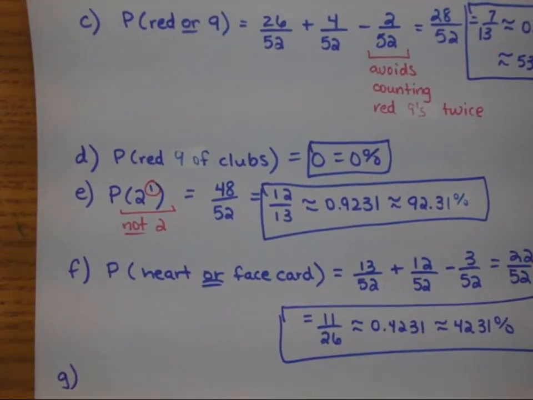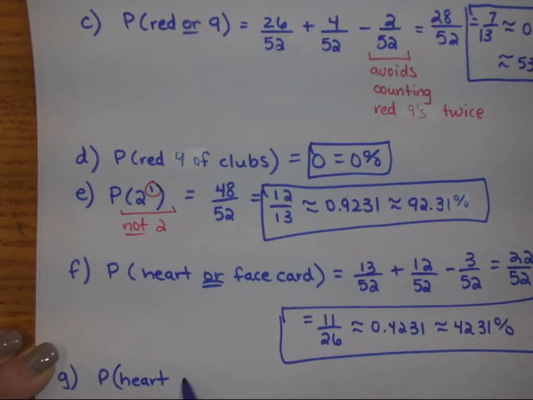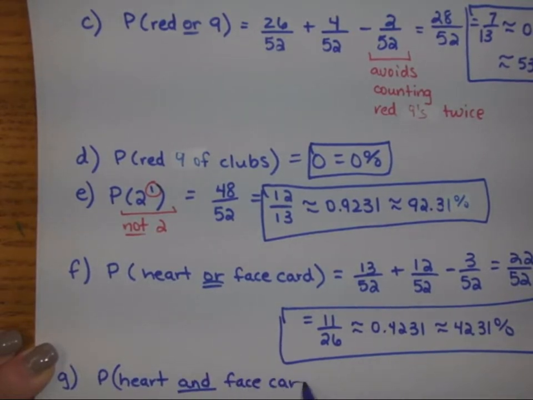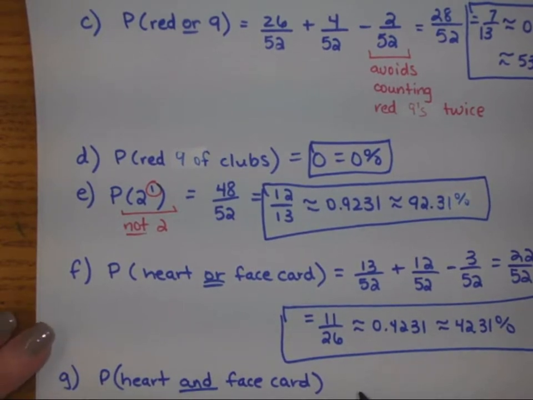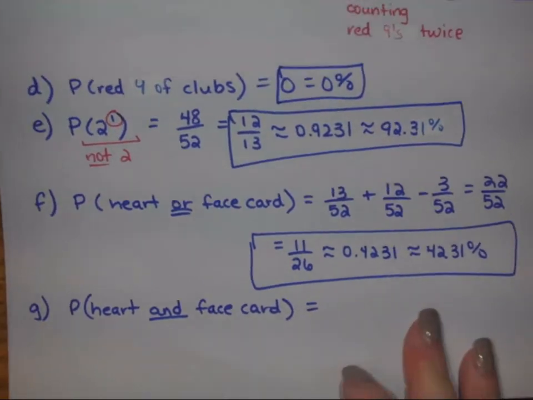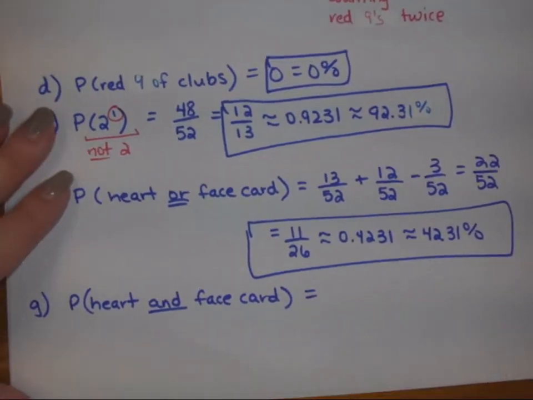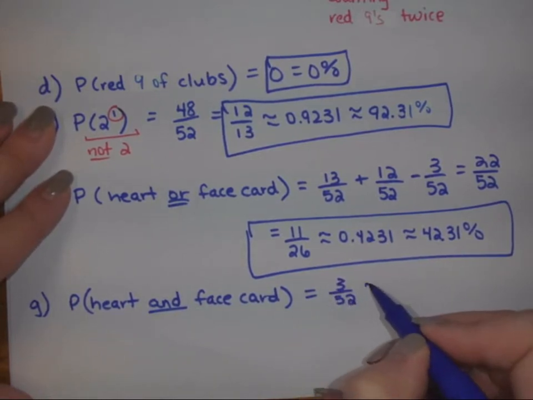And then G, find the probability of the heart. When you see the upside down U, that means "and" face card. So for this, it has to be both. Okay, so a heart and a face card would have to be only the ones that are both heart and face card together. So that would be the jack of hearts, the queen of hearts, and the king of hearts. So that's 3 out of 52,